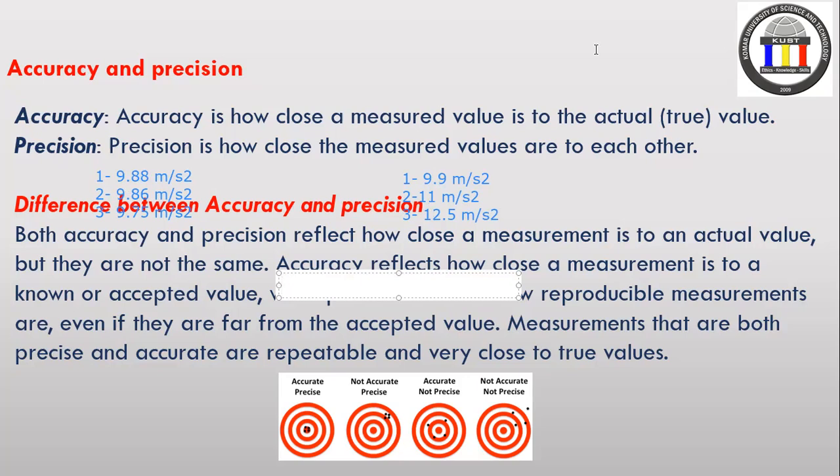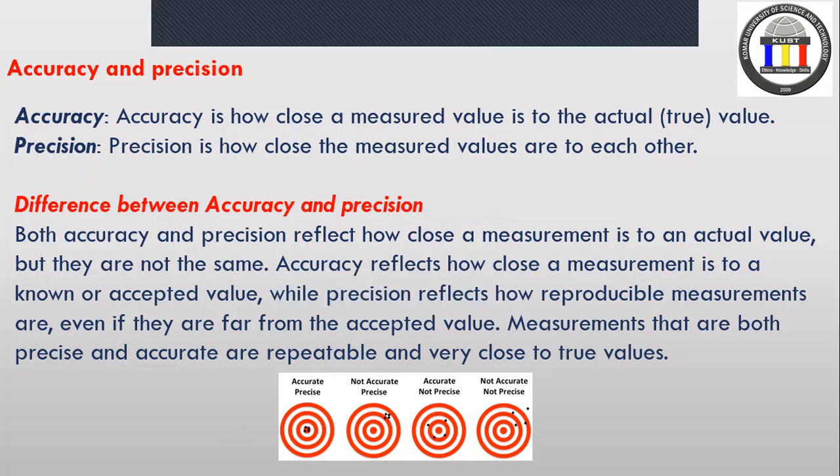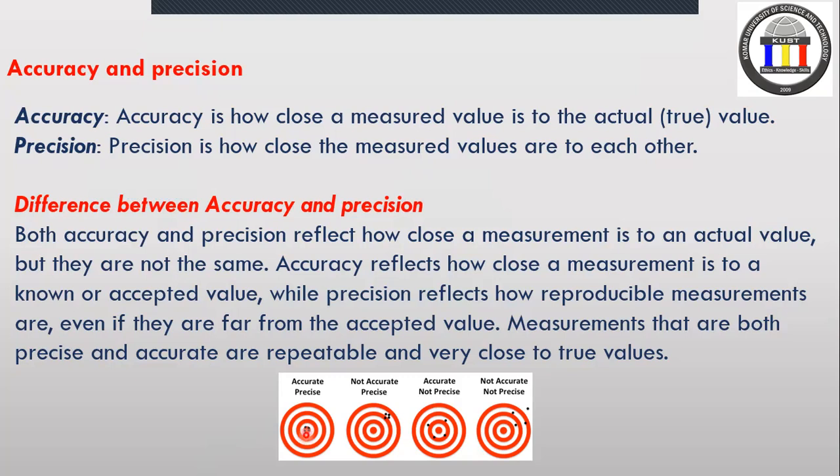Okay, and things are clear when we see this example here. The small spot is the experiment to check if you are precise or not, and this is the point here in the middle. If the measurements are close to each other and in the middle of this spot, that means you are accurate and precise. However, see the second case: they are close to each other, but they are far away from the actual value. That means you are not accurate, but you are precise.